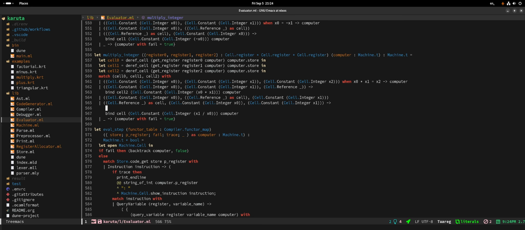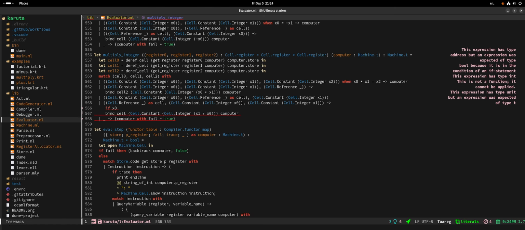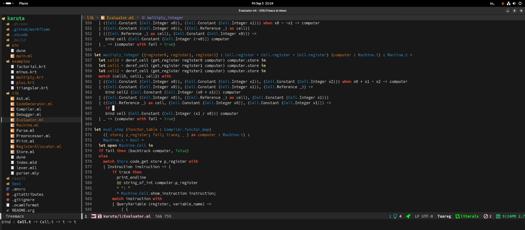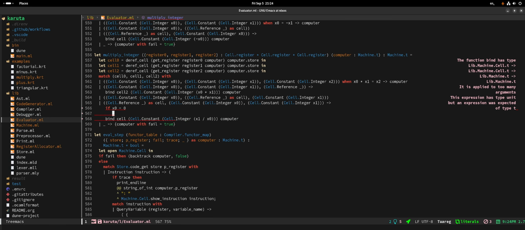If x0 happens to be 0, then the result is just 0, right? No, we should fail. You're right. If x1 happens to be 0, then that's actually fine. But if it isn't,